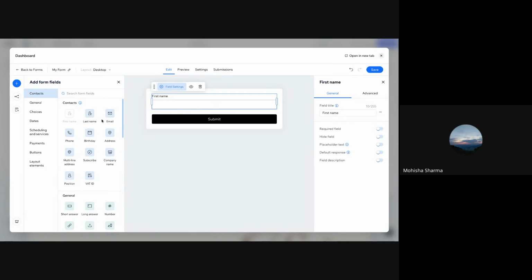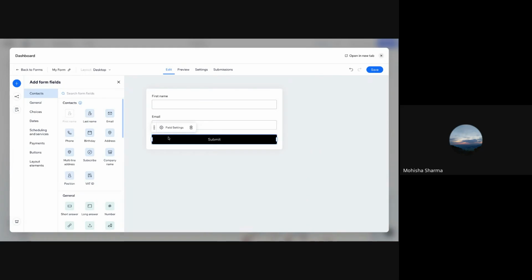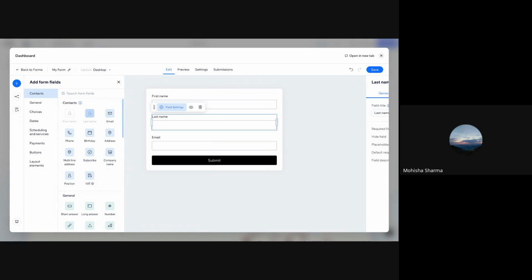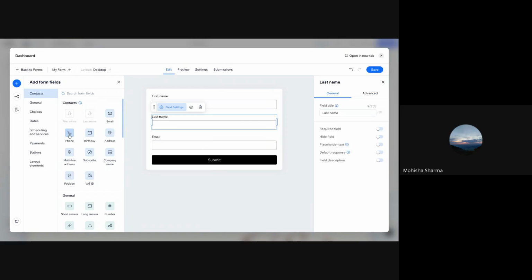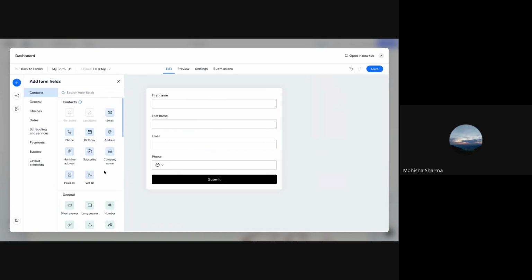So we'll add the first name. Then I want the email address. Maybe I want last name as well. So it goes above the email. Then let's say I want to add phone number and maybe